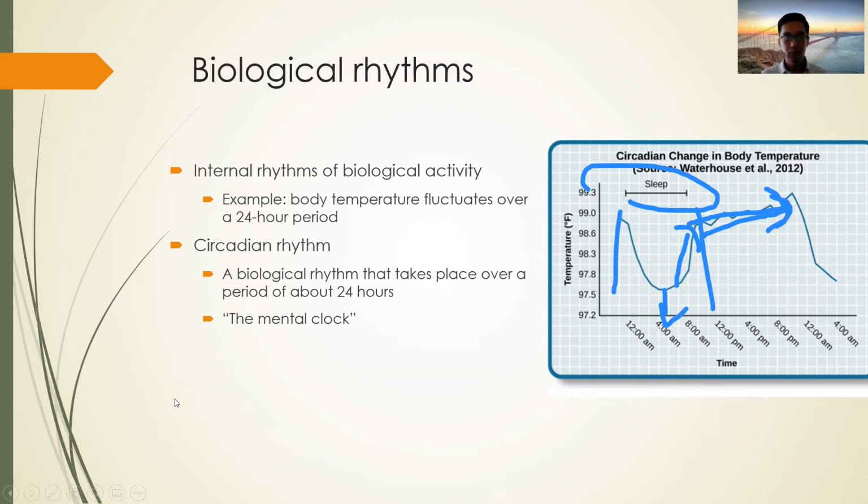And this is also true for awareness or for consciousness. When we are sleeping, there are really low levels of sensory sensitivity and really low levels of physical activity. But when we are awake, we gradually have really high levels of sensory sensitivity and also high levels of behaviors and thinking and all that. That kind of rhythm also takes place over a 24-hour period. So that is also a circadian rhythm.